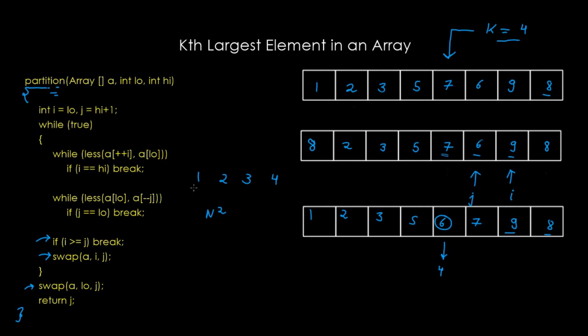And we can see that in the beginning this is our pivot element, and by means of j we try to look for an element which is smaller than the pivot, but j has to go till our pivot element because it won't be able to find any element smaller than the pivot. Therefore the value returned is 1, and the next time this algorithm applies from here to here. Again this is our pivot element, and this time also j keeps on decreasing until it reaches the pivot itself, therefore this is returned, and so on until we reach here. So that's why this algorithm works in n square worst case.